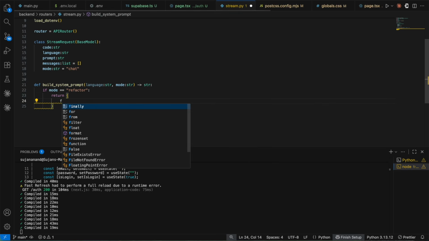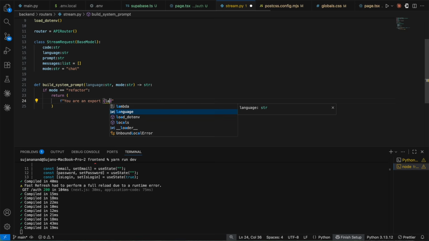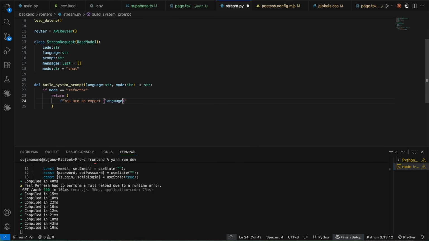For the first one, I'm going to write the message. You can take a look at the second and third ones. So I'm going to enter it. Here I'm going to say you are an expert. I'm going to say language over here, because based on that specific language, we're going to provide the system prompt to Claude. I'm going to say developer and then hyphen new line. Next, I'm going to say when asked to refactor code, you must